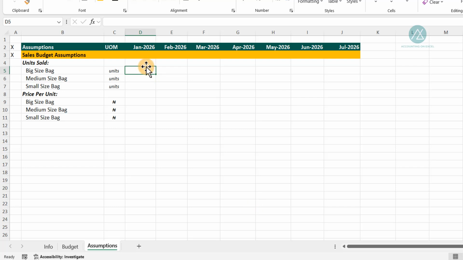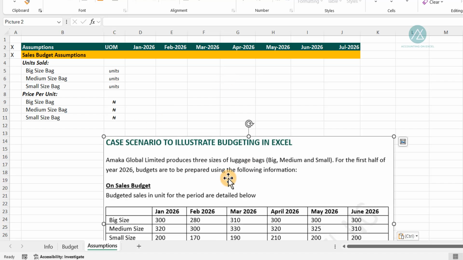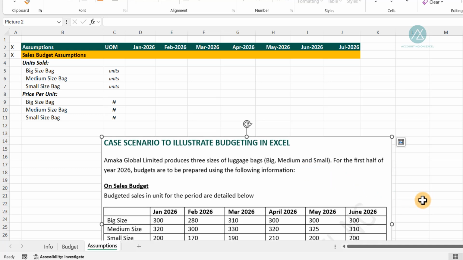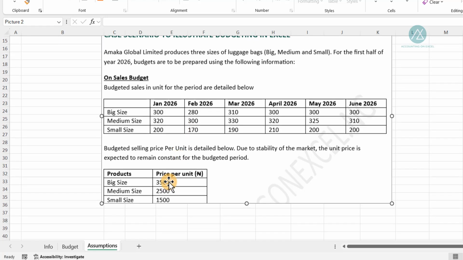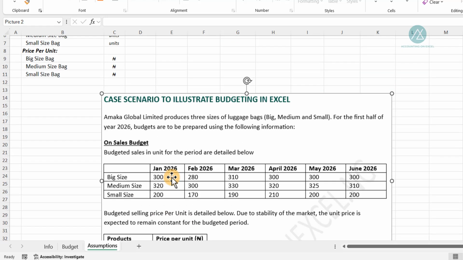So let's look at the question, the case scenario. This is a screenshot of what we'll be looking at. So these are screenshots from the entire question. At the end of the series, I'll be dropping the full question for the case studies we'll be looking at. So all through this series, for now, we'll be picking each section of the case study that requires us to prepare the different type of budget. So for this particular section, which is the sales budget, we'll just be looking at the sales budget section of the case scenario.